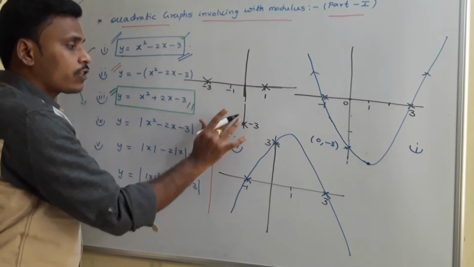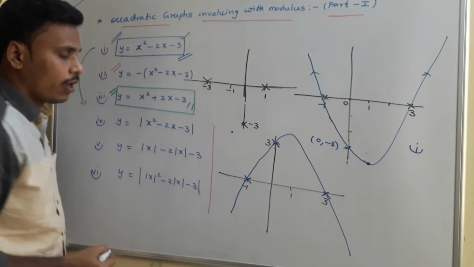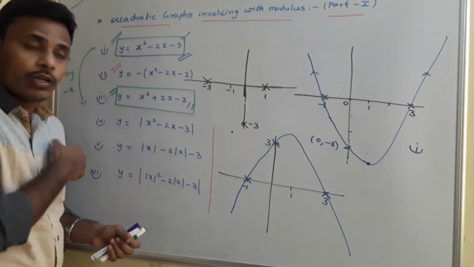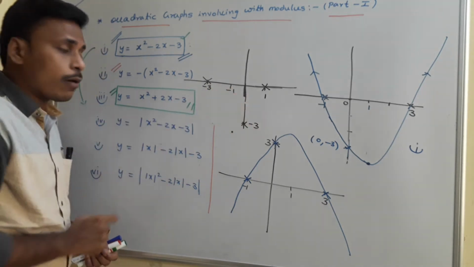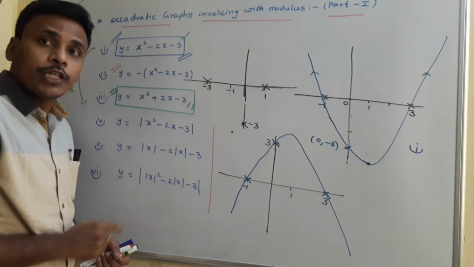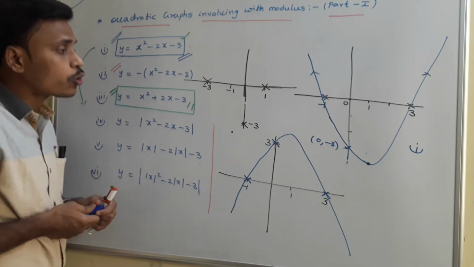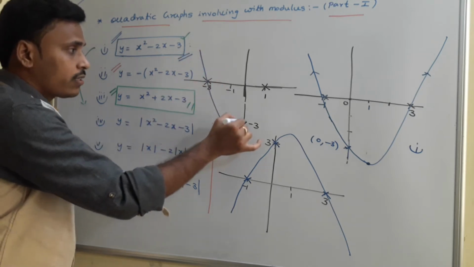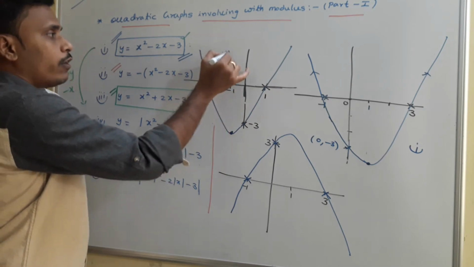And at minus 1 we have minima, right? So somewhere here we have minima, and we need to sketch. Without taking the reference of the first one, you just find the roots. They are minus 3 and 1. You just find the minimum point, which is at minus 1. You just think about the parabola. Clearly it's an upward parabola. And if you sketch, the graph passes through these 3 points in this way. So this is the graph of the third one.